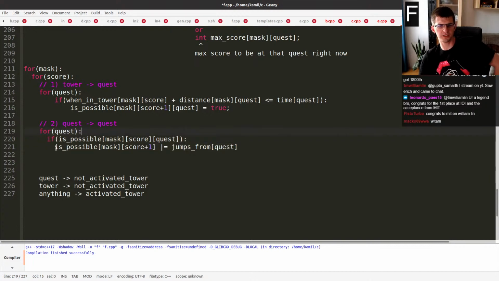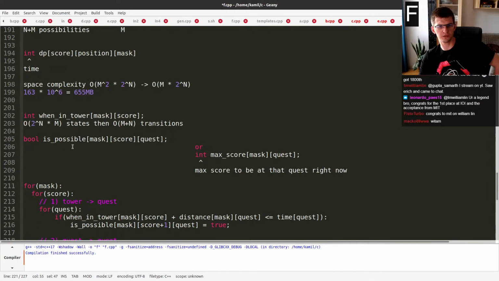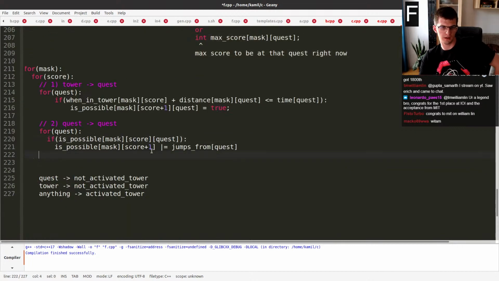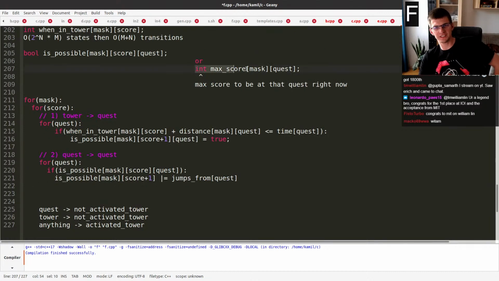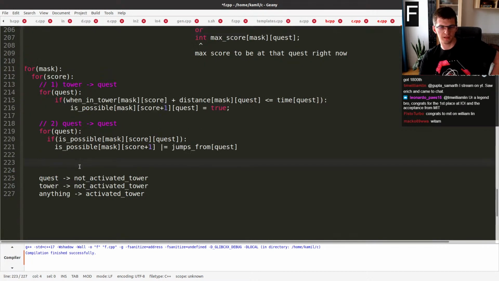And this is partially why I decided to actually still use Boolean values. This should be a bit set, instead of this int. I couldn't do this trick if I used an int array where I maximize the score. And I first thought that this is still better because the number of states is smaller, but nope, I needed to do something multiple times. Yeah, for every quest